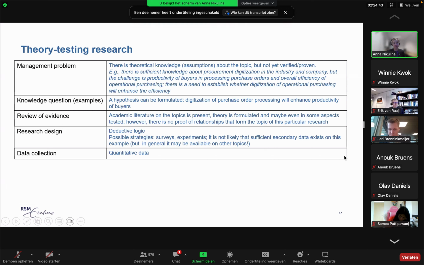Quant data by default. And then also we need to think about